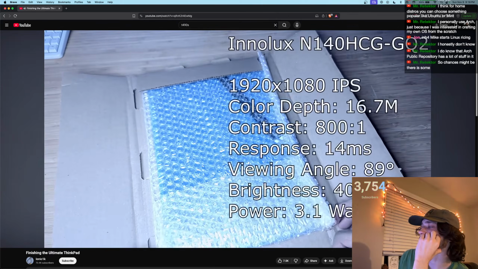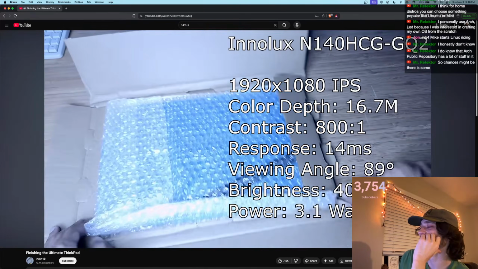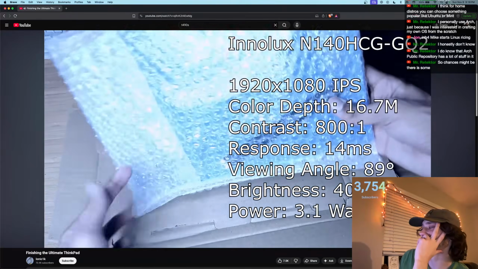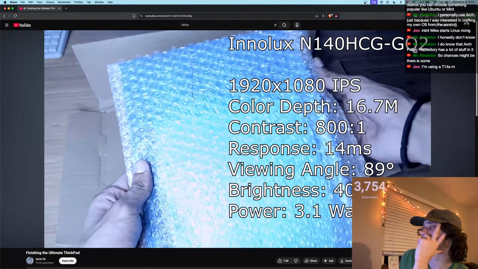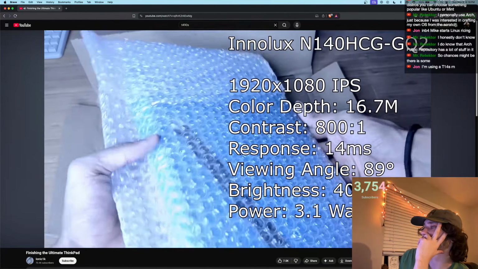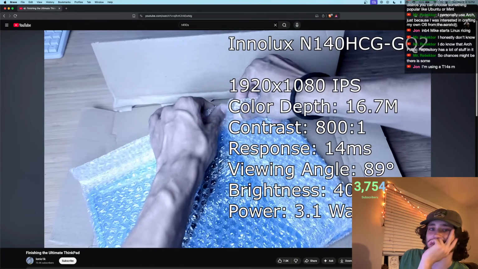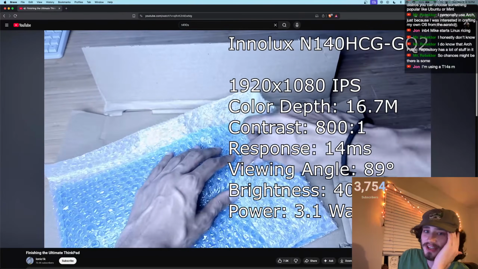This is the Innolux N140HCG-GQ2. This is an IPS 1920 by 1080 panel. It can display 16.7 million colors, so native 8-bit. It has an 800:1 contrast ratio with a 14 millisecond response time, 89-degree viewing angle, peak brightness of 400 nits,